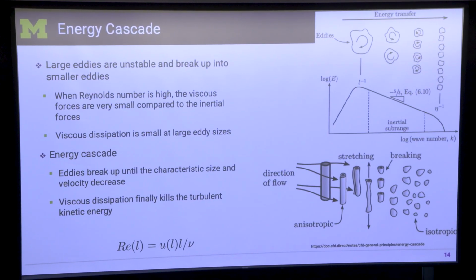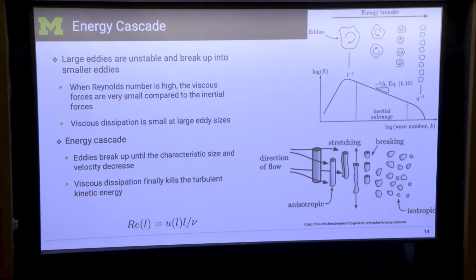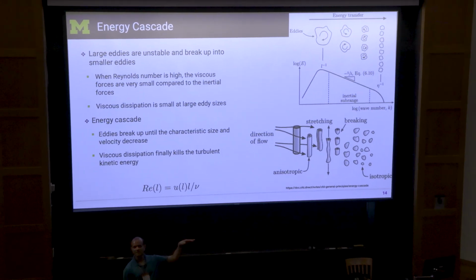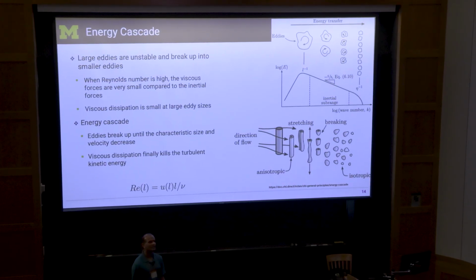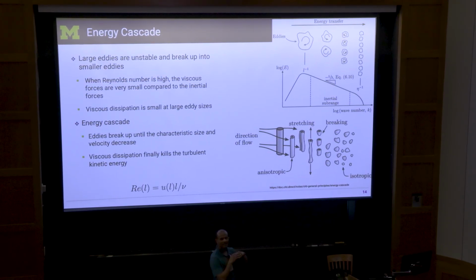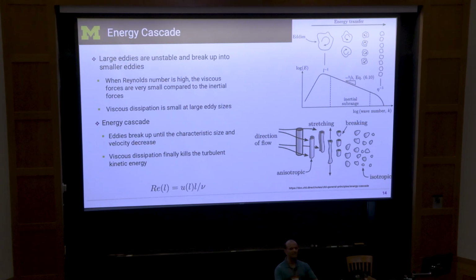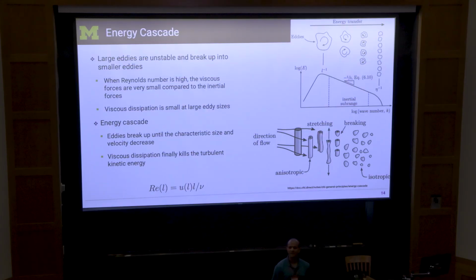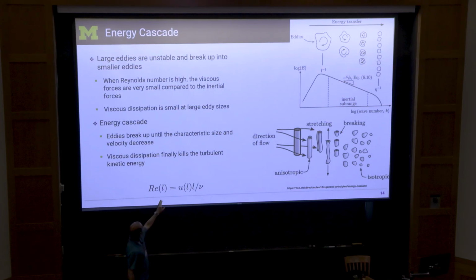So the y-axis, now you have to remember, that's called the energy spectrum. The y and x-axis are both in log coordinates, so it's log of energy and it's log of wave number. If you plot it, you will always find this characteristic picture of initially the energy going up. So you have all these big eddies, they break down very quickly, and they form this intermediate scale, which is the integral length scale, and that's where the peak energy is. And then all those eddies keep breaking down, and when they become very small, if you think about the Reynolds number, right? For the large eddies, this number might be very large.